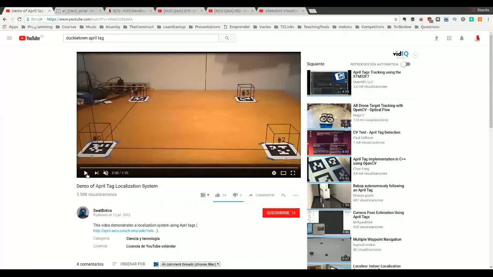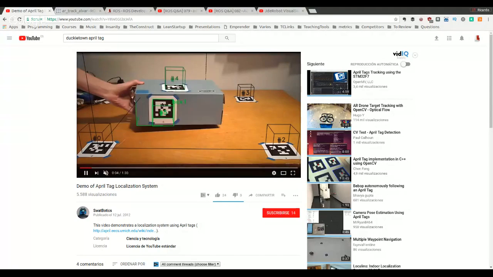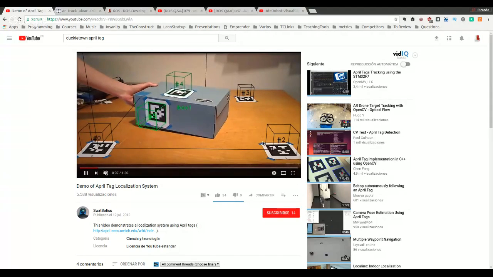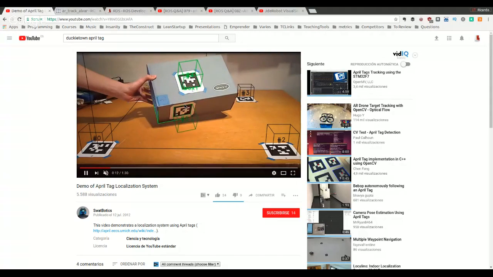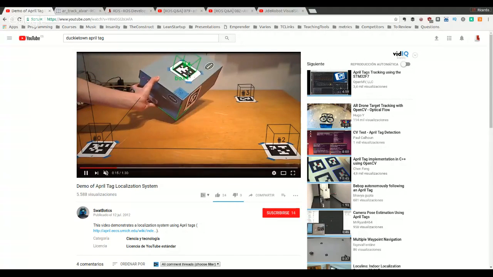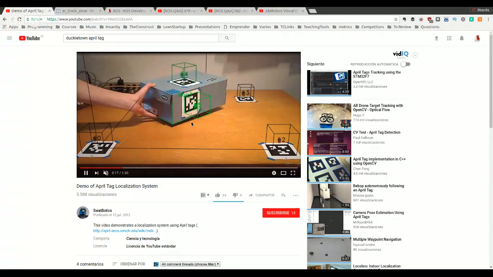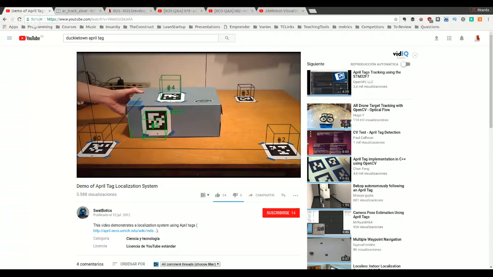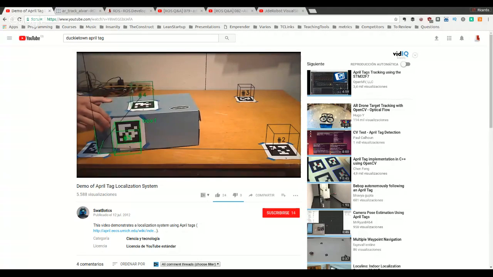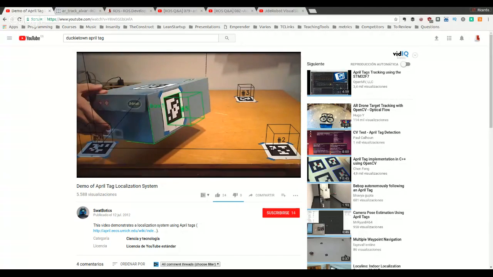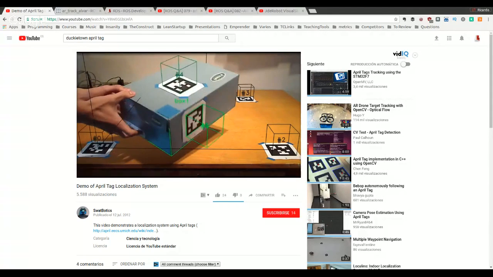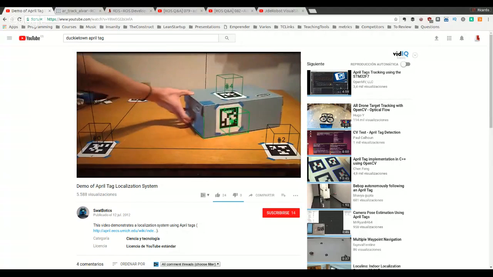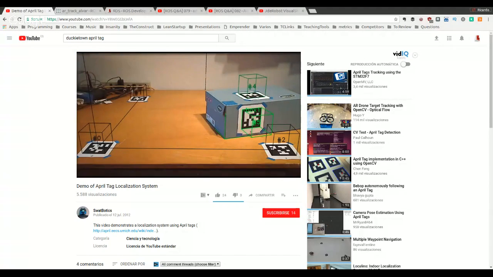And here I have a video that you can see of a series of April tags. The April tags are the tags that you can see on the box or on the table. That is this kind of mosaic composed of black and white dots. Those patterns are very easy to be identified by a computer program, by a vision algorithm, and they are used in order to create references for robots. In this case, they are used to calculate the position and the orientation of the box on the table,